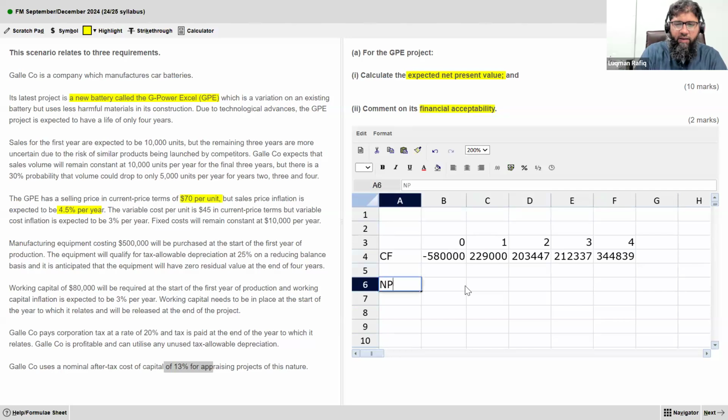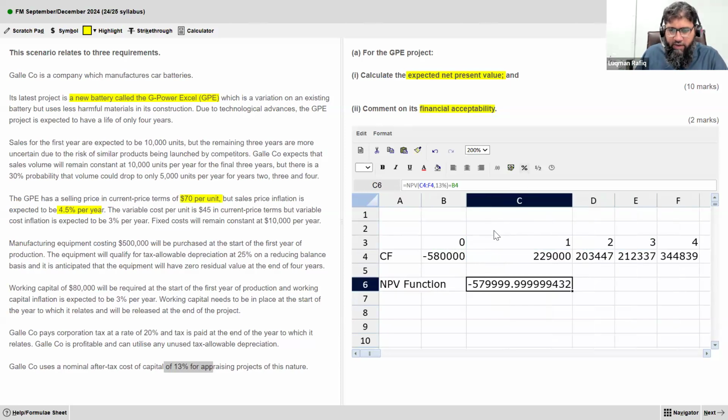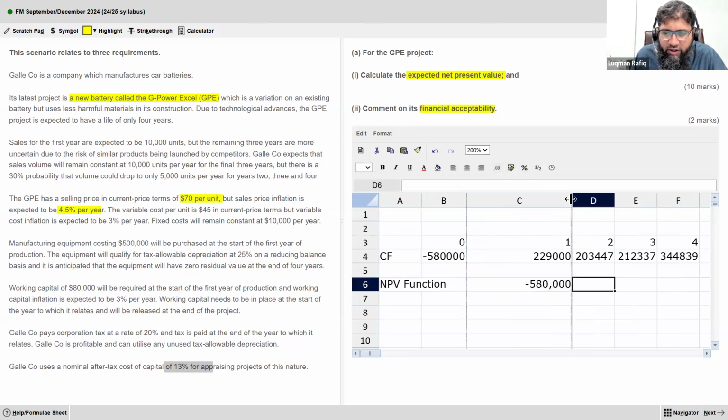We're gonna say equals, the NPV function is gonna be like this. Equals NPV, bracket open. Now you select all the values and you say comma 13%, and then you add up this amount. So you get the NPV. If I could just make it like this, so it's actually gonna become,